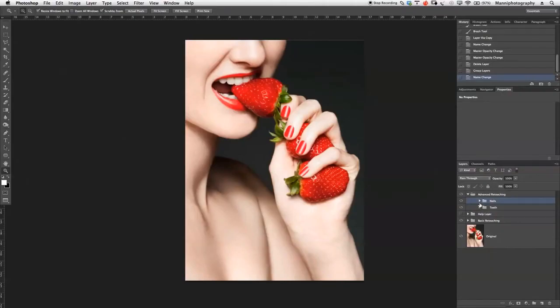Okay, so this is basically just your complete nails group here already. Now we're going to continue in the next advanced steps, retouching all the little details and everything that we still need to do on mouth, strawberries, and so on, color, and so